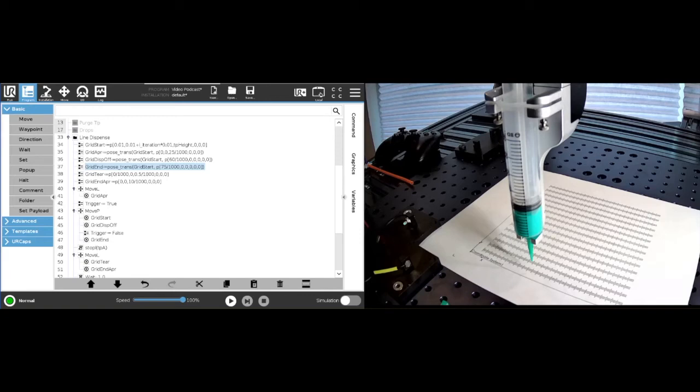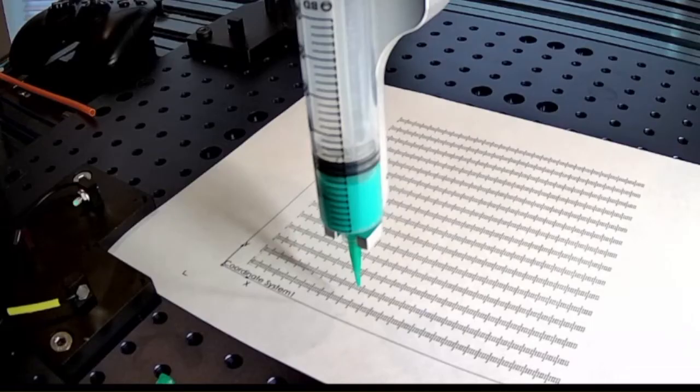Okay, now that we have mastered this process of doing drops, the next process that you want to master is how to do lines. Because if you're going to do any sort of path following project in which you're trying to apply some pattern, you will typically want to do either line segments or joined lines. So in this, we're going to study the process of how to fine tune the dispensing of